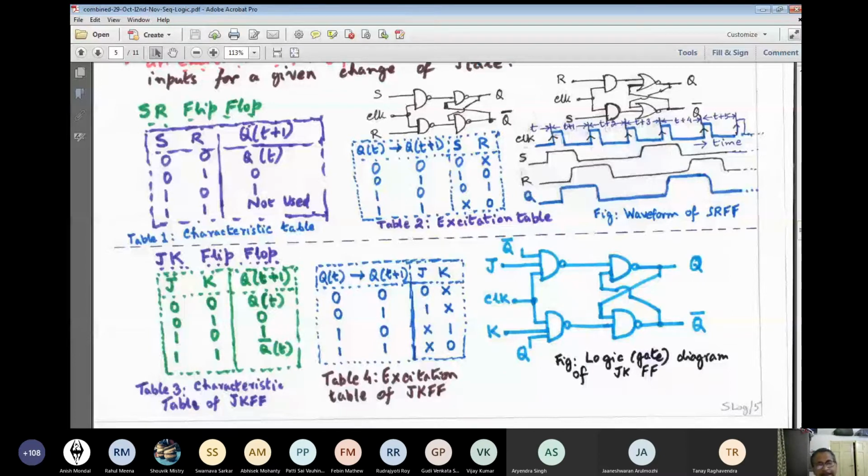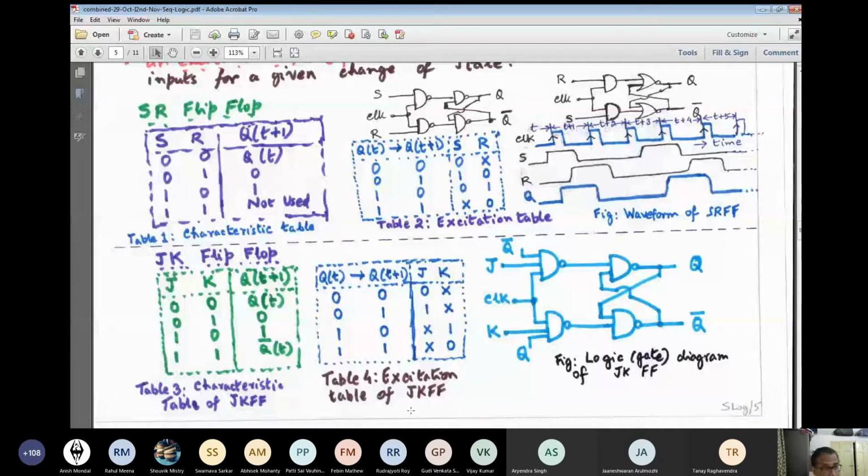The D flip-flop, you'll be surprised, has no don't care. But still, the D flip-flop we sometimes use, as we have done in the previous case, due to the simplicity of the design. So if you have to have the design turnaround time very fast, design turnaround time means conceiving the circuit having an abstract specification, then you start with the state transition table, the diagram, then do the state assignment, then come up with the design. All these, starting from the conception to getting the actual circuit, mean the design turnaround time. So if you have to get the circuit very fast, you have to use the D flip-flop.